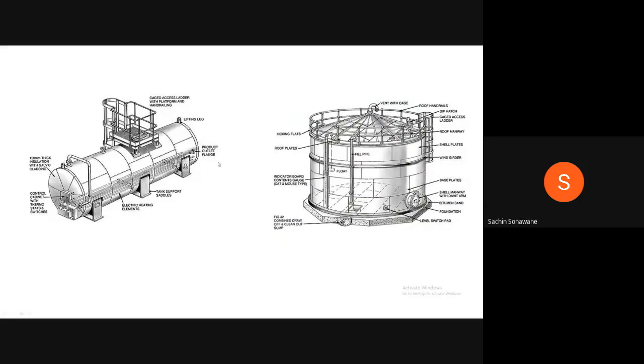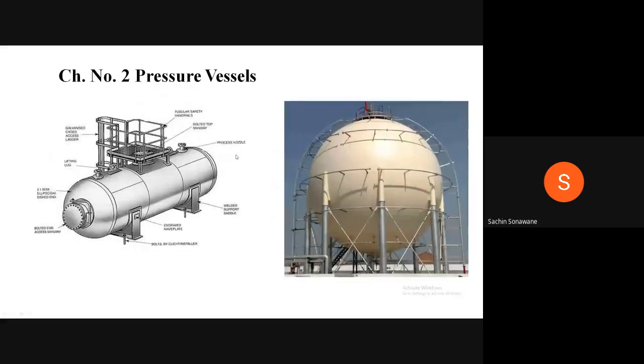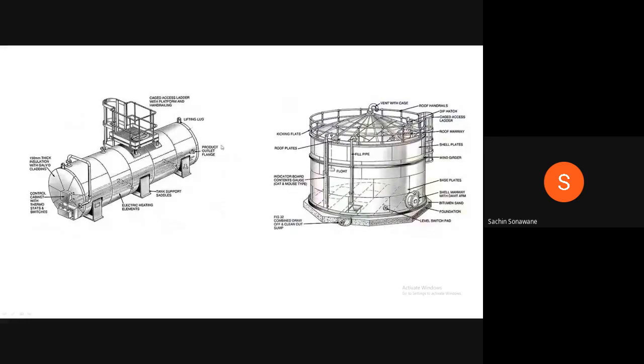Again, same case. This is a horizontal pressure vessel. It is closed by a flat head. This end closure is a flat head. Same things are there. These are the saddle supports. See here, tank support saddles. Since its length is more, a third saddle support is used. Earlier the length was small, that's why two saddle supports were there. Here the length is more, that's why three saddle supports are there.